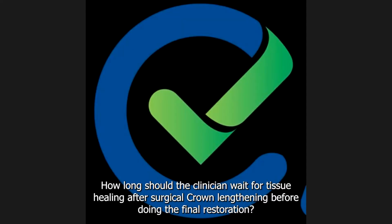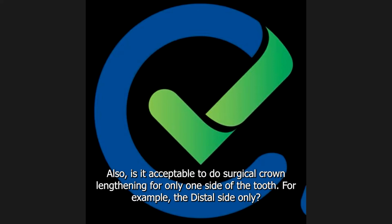The first question is, what's the ideal time we should wait after crown lengthening? And the second question, can we do crown lengthening on one side only, the distal area, for example? First of all, crown lengthening is a procedure absolutely not utilized sufficiently, and many teeth are extracted because the general practitioner does not know how to do crown